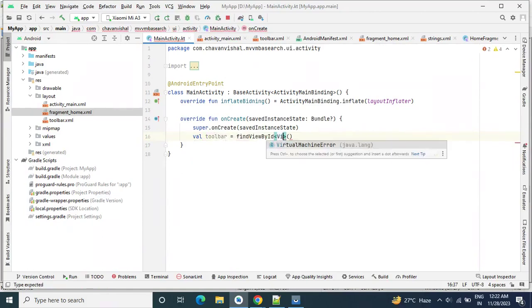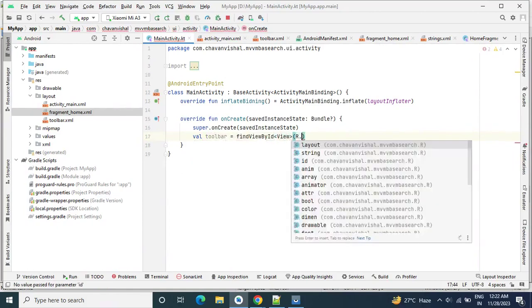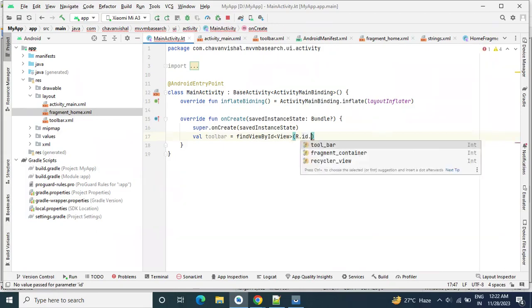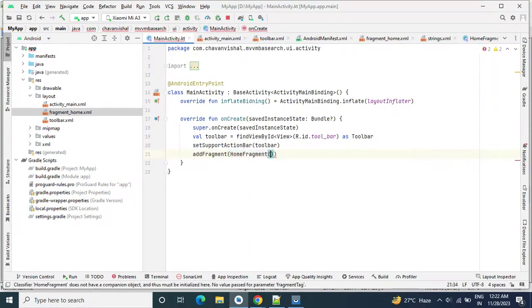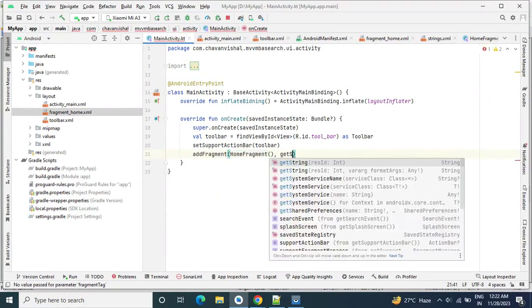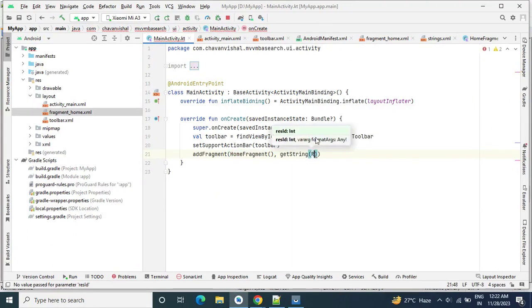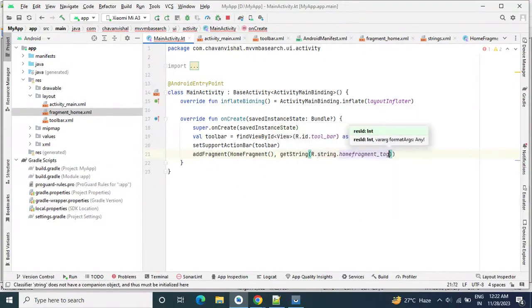So here I will initialize the toolbar, findViewById, toolbar, setSupportActionBar toolbar. So here first we will add our home fragment. getString, I'll pass one tag here, R.string.home_fragment_tag.